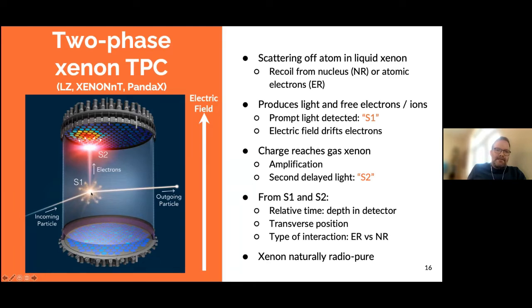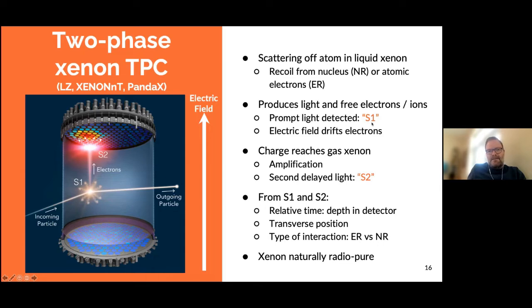It will scatter off a xenon nucleus inside the liquid volume, and it will disappear again. If it is dark matter, the chance for interacting is so small that you will only get one in your detector volume. And what then happens is, as I mentioned, the xenon nucleus gets excited, and it will emit what we call